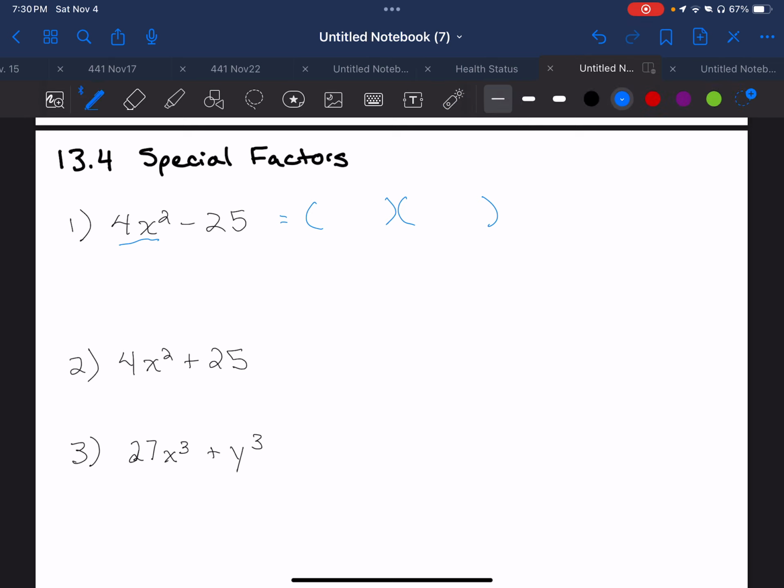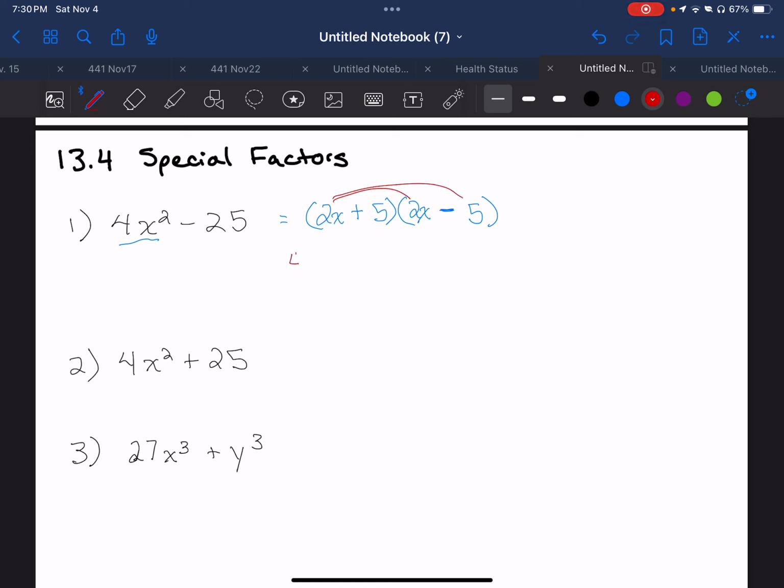So what can we do? Let's take the square root. So we're saying 2x times 2x will give us 4x squared. 5 times 5 will give me 25. And then I need this to be negative, so I need one positive and one negative being multiplied. So positive and negative. Does this work? So if I'm multiplying it,